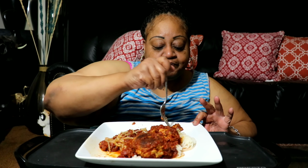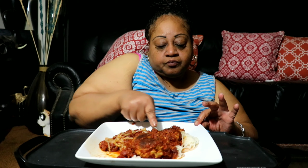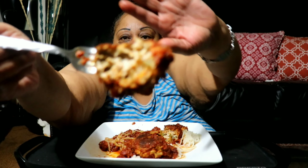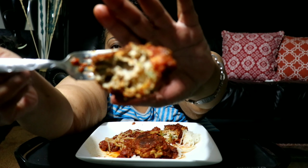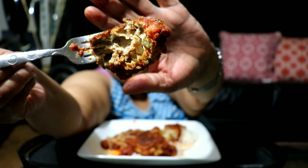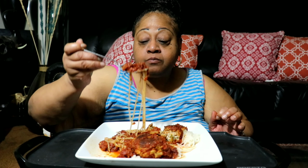Let me show you what I put in my meatball. Let me open it up here. It's homemade marinara sauce that I put in. I stewed my own tomatoes, Roma tomatoes, and I put it in the food processor. Focus, focus. Is it focusing? There we go. So they have onions, bell peppers, garlic, basil, thyme,